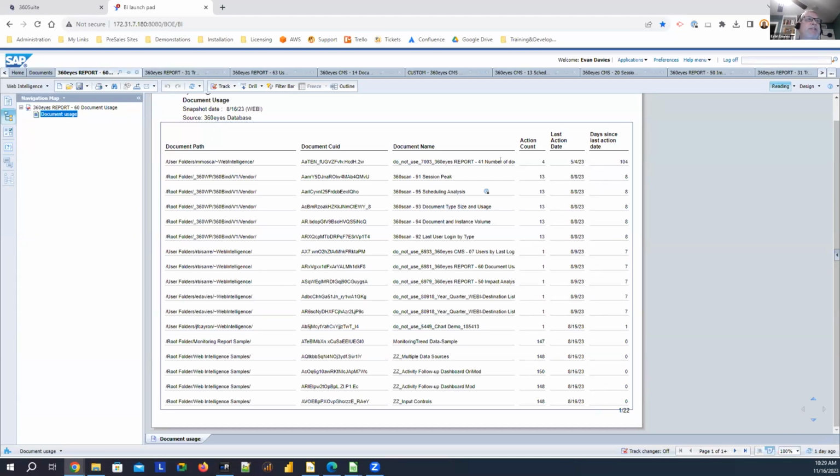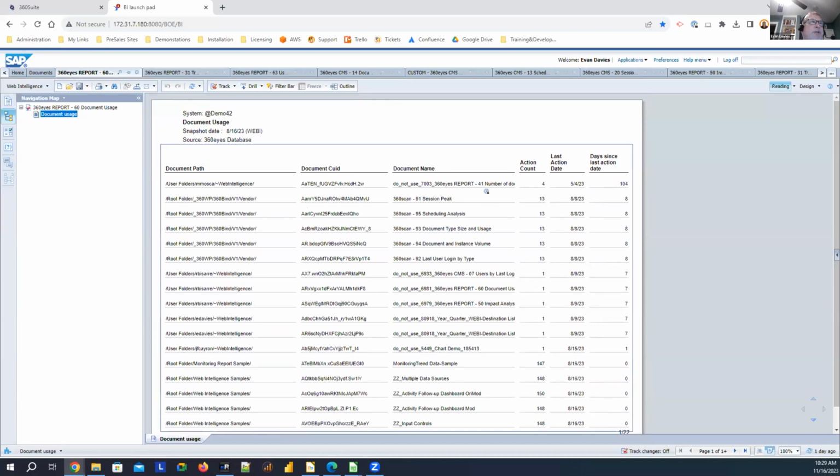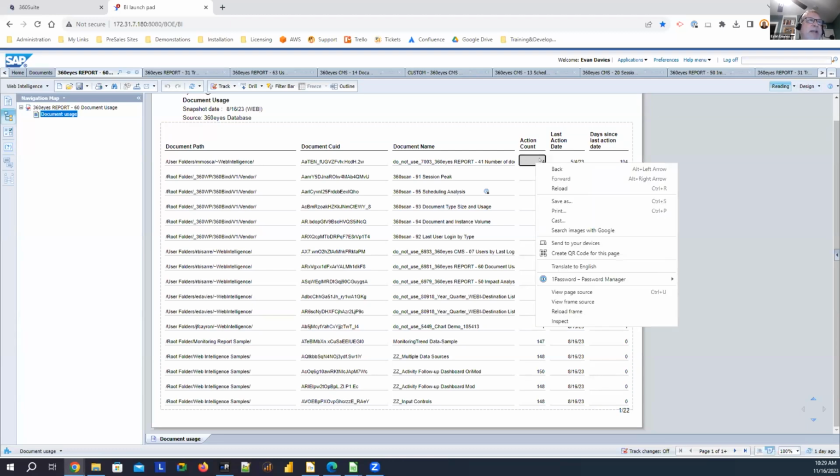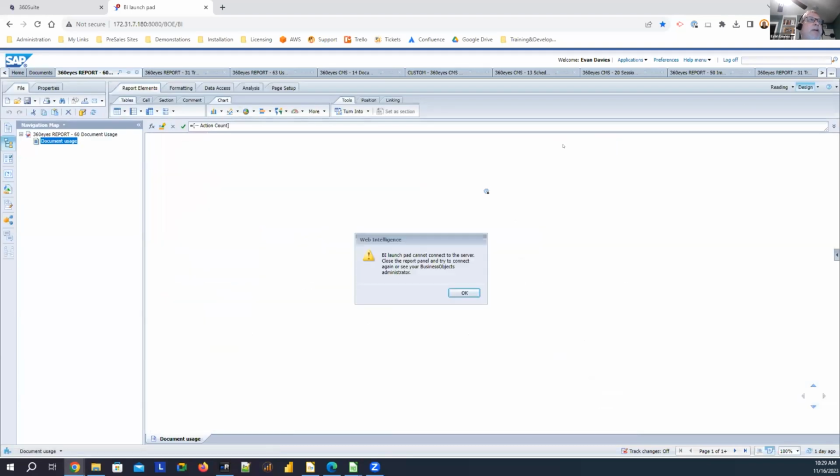Okay, so we can see very quickly that we have a number of different reports. We can see exactly when they were accessed and so on. And through some limited interactivity in this report, we can easily turn around and say, okay, for that action count, we can just do an action count here and go to design and actually,